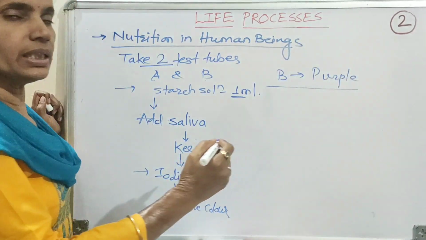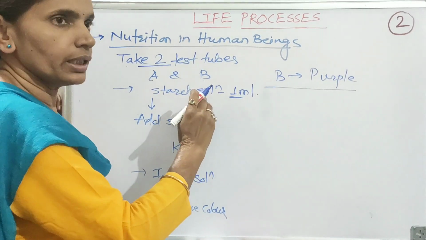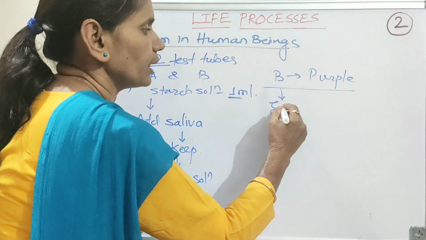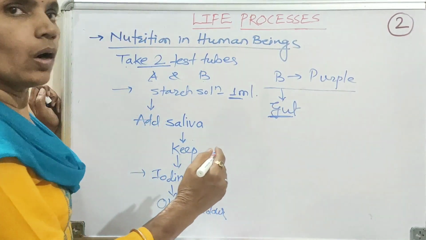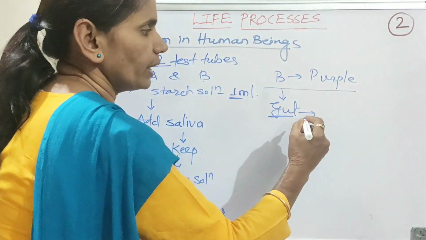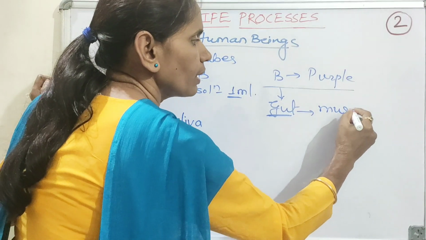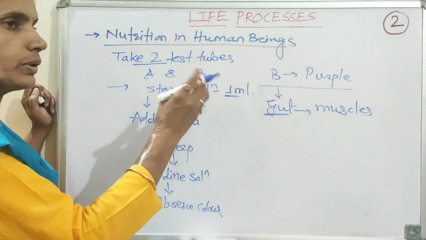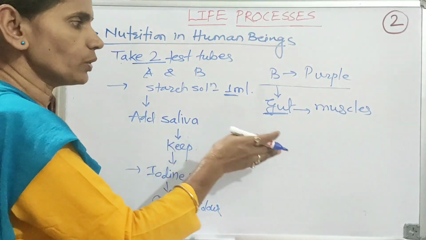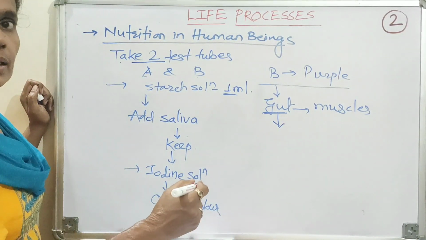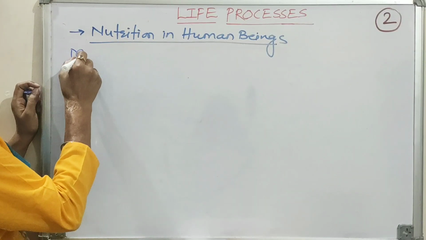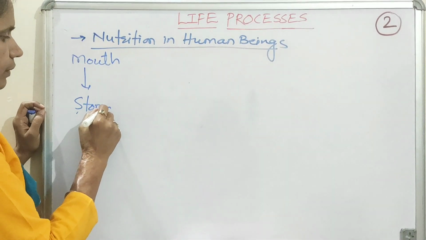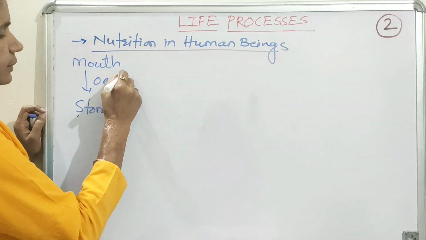Further, when the food is mixed with the watery fluid and saliva, the food enters the gut area. The lining of the gut has muscles. These muscles contract rhythmically, and the food from the mouth is pushed further through the gut by peristaltic movement. From the mouth, food is brought to the stomach via the esophagus.